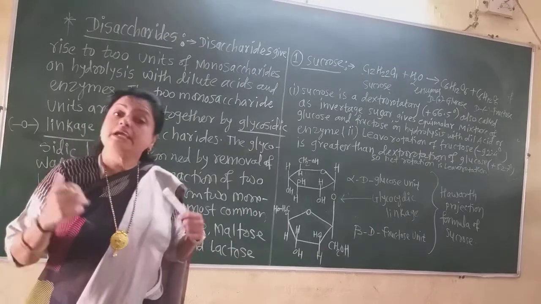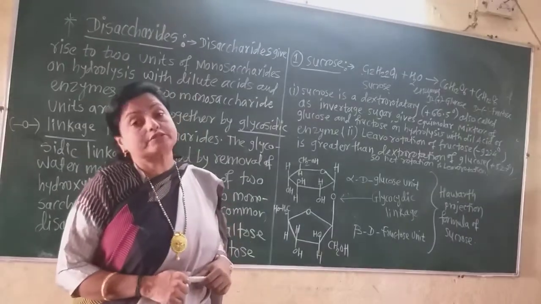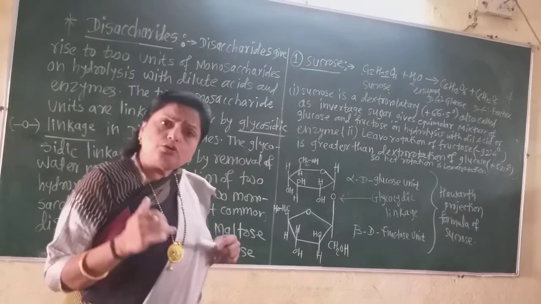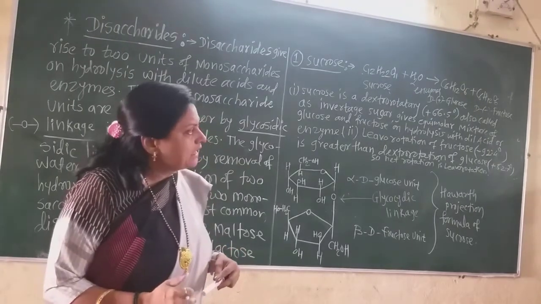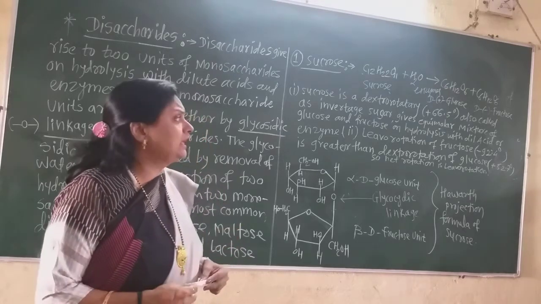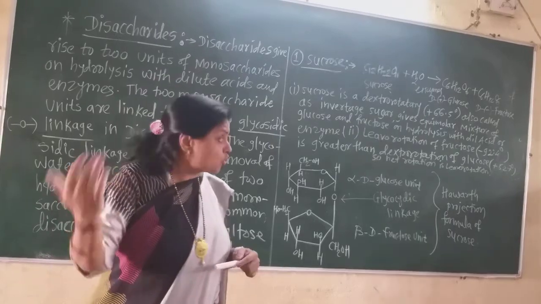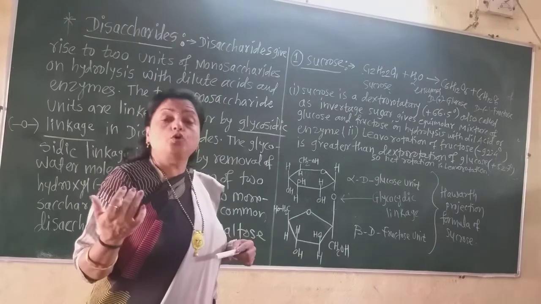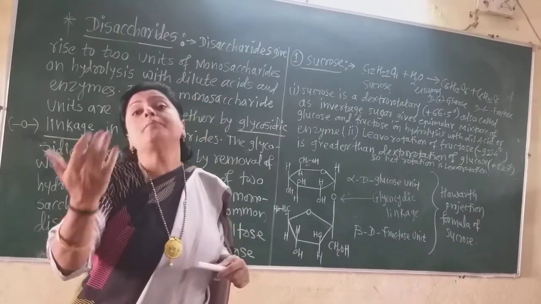Because on hydrolysis it gives an equimolar mixture of glucose and fructose. Now this glucose has a dextrorotation of only about 52.7 degrees, and this fructose has a levorotation which is greater than the dextrorotation of the glucose, equal to minus 92.4 degrees. That means after hydrolysis there is greater what?